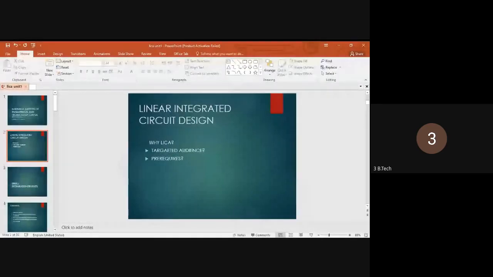There are two types of FETs: one is the JFET, junction FET, and the other is the MOSFET. MOSFETs are mostly used in digital applications. I think all of you are aware of what a digital system is and how it works. Examples of digital systems are our mobile phone and our laptop. All these are digital systems, built with the help of MOS transistors, like complementary metal oxide semiconductor, CMOS. All these applications we are going to find in our DICD subject.